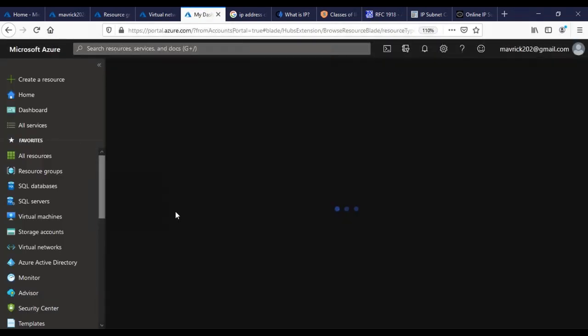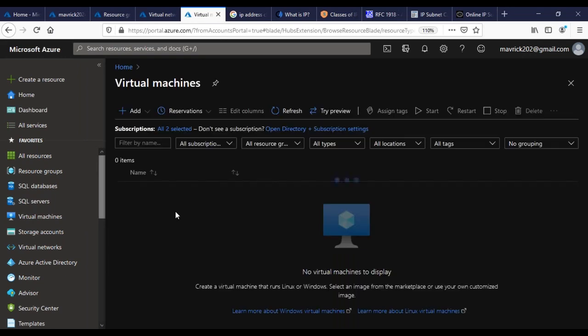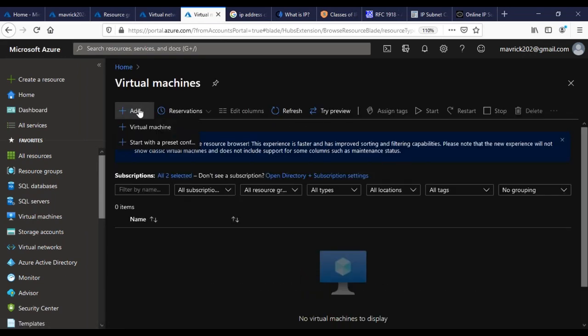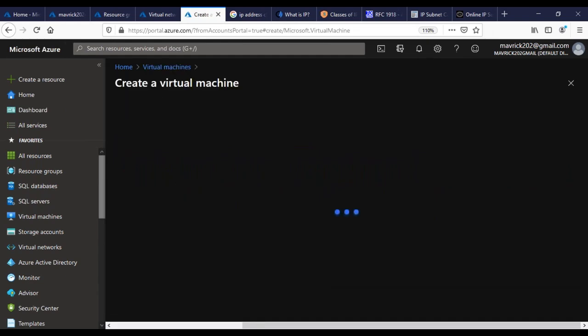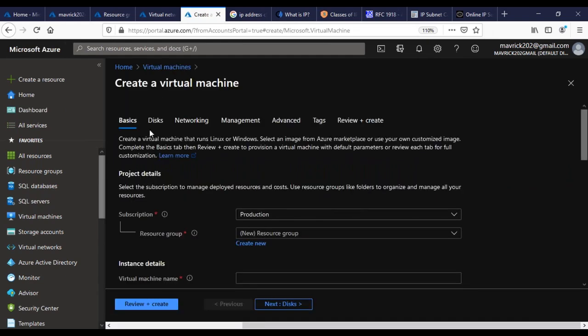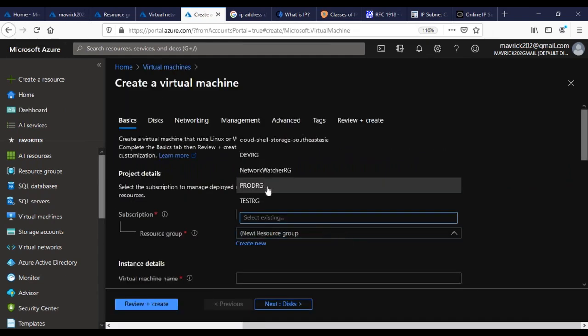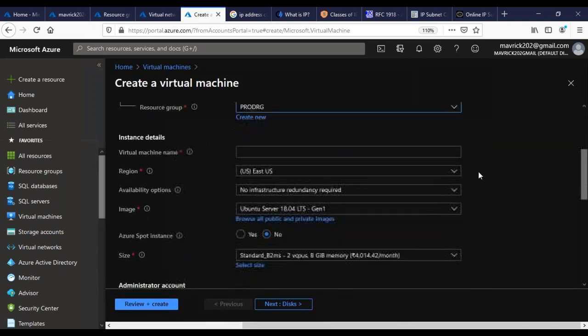I'll go to the virtual machines. So I'm going to add a virtual machine, by the way. I'm going to select the prod RG.